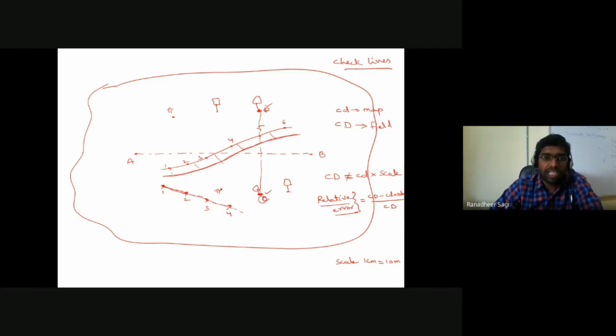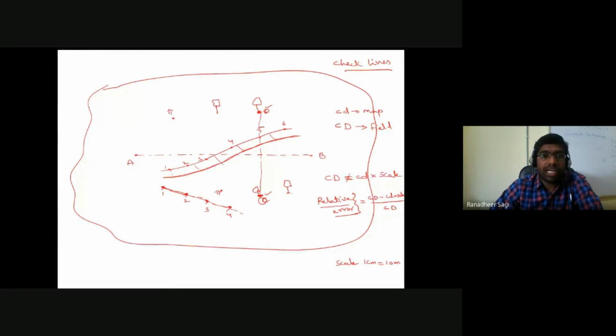in your map as well as in the field. So that particular data, I should not be calling it as your check line. So you have to clearly understand which is to be called as a check line. Lines which you have not actually measured in the field for mapping the data. So those lines you just try to identify that particular position of the points you try to identify and measure